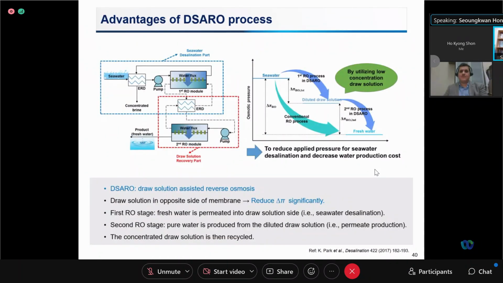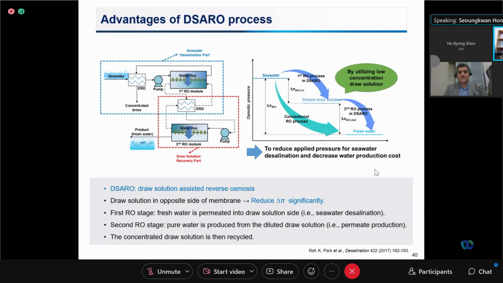Recently, a new process to utilize a draw solution with lower concentration than the feed stream has been developed to reduce applied pressure. This process can reduce the relative osmotic pressure difference between the seawater feed stream and the draw solution stream by situating these solutions, seawater and low concentrated draw solution, on either side of a semi-permeable membrane. This process is called the draw solution assisted reverse osmosis